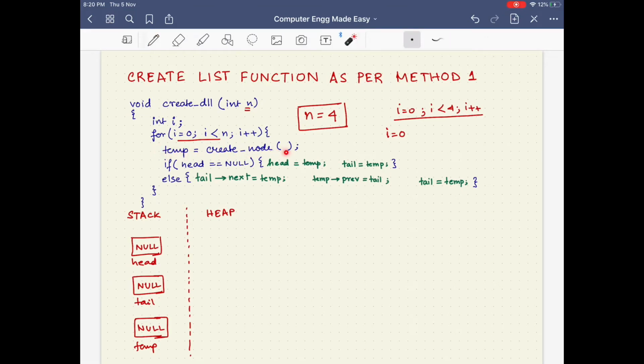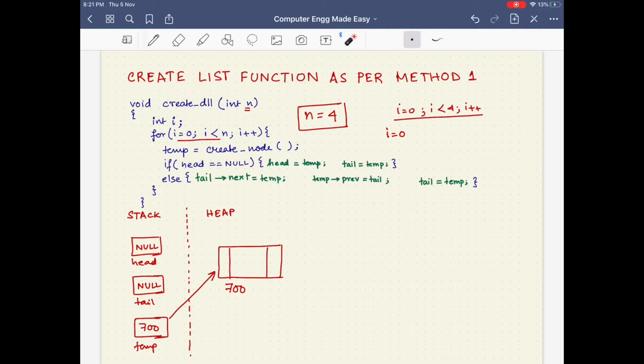When this statement temp equal to create node gets executed, that means in the memory a chunk is assigned, and the base address of this node, that is say 700, gets stored in the variable temp. So this indicates that a link like this has been established. After this, we check out the if condition: if head equal to null. Now this condition will be true only for the creation of the first node. Executed for the first time, it's only then that the head value will be null.